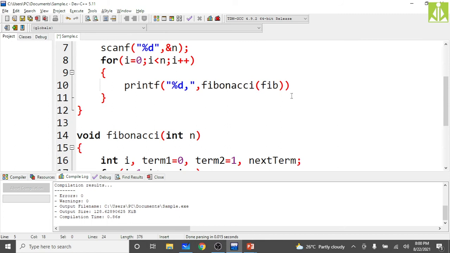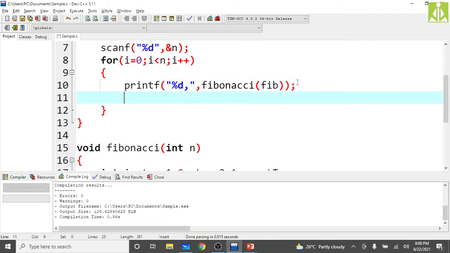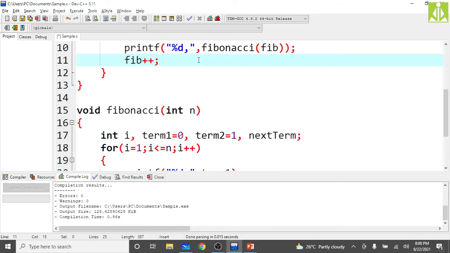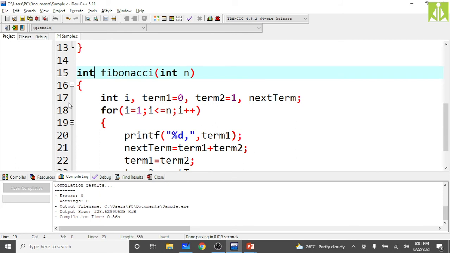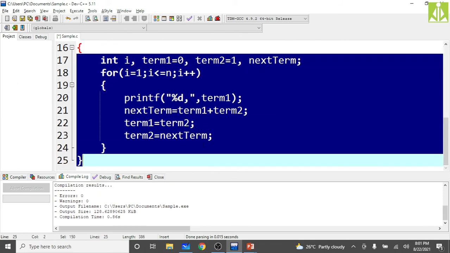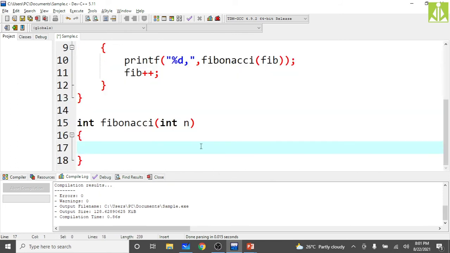Then put the semicolon at the end and make fib plus plus. That's it. In the function, what we need to do is return an integer, and with whatever you are reading, with that only we'll try to get the output.